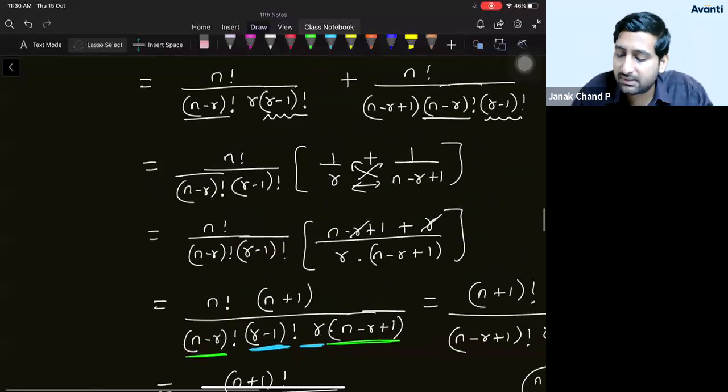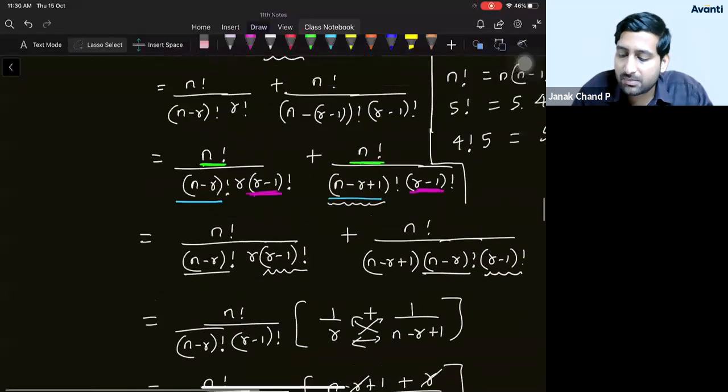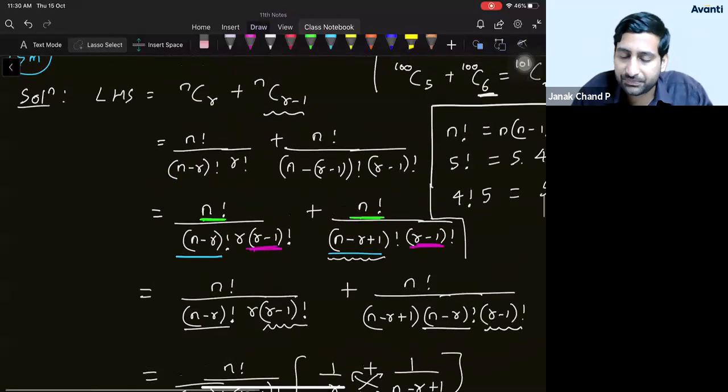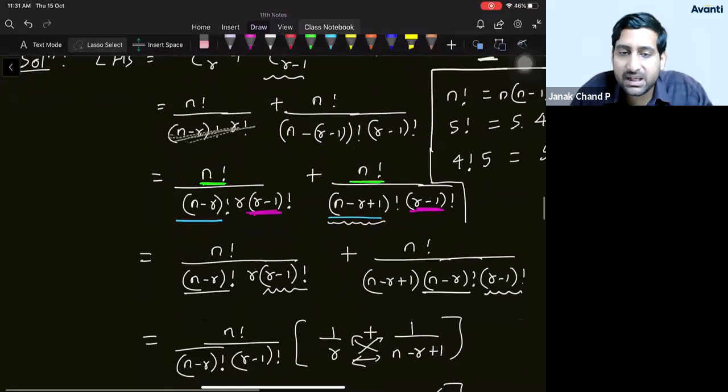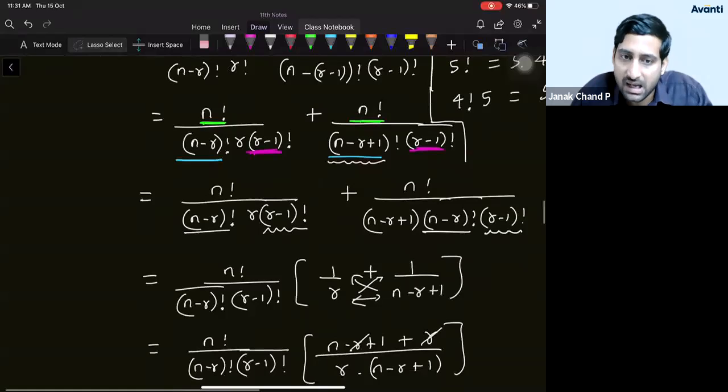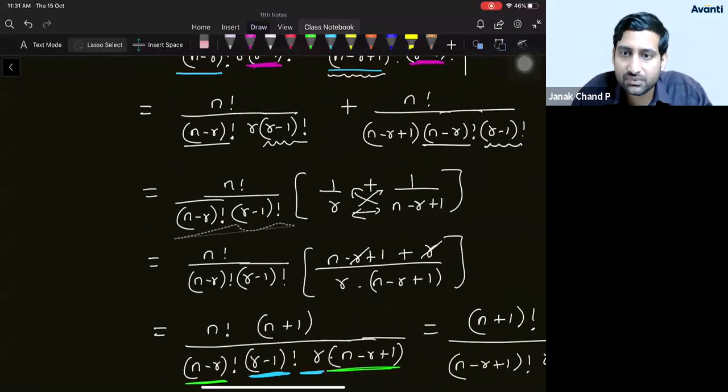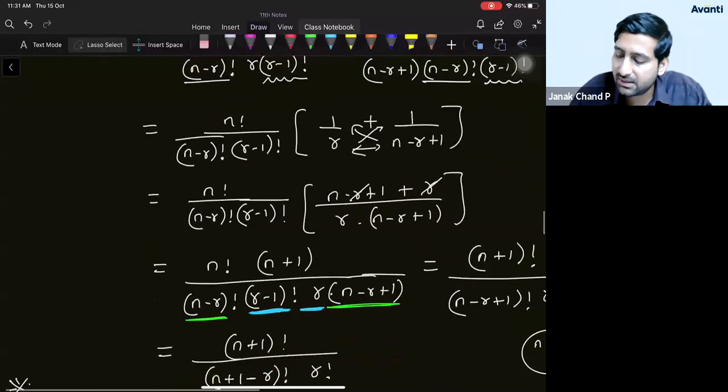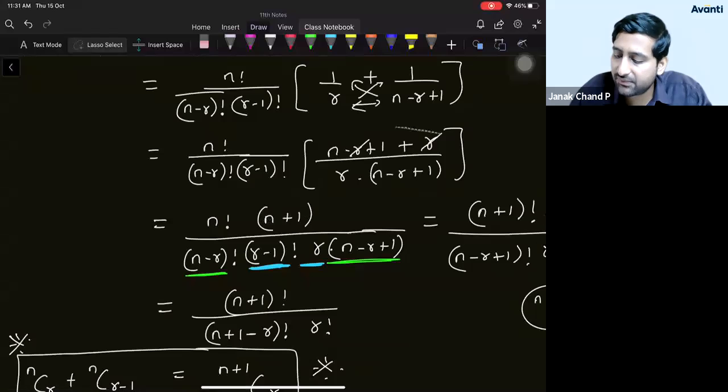What we have done is we have just written the formula for the first one and second one. After that, whichever bigger factorial was there, we wrote that bigger factorial in terms of smaller factorial. After that, whatever was common either in numerator or denominator, we took that outside. Then whatever is left inside, you just do the cross multiplication and take the LCM and simplify, right? Then we'll be getting some numbers after simplification. Then we are using one more.